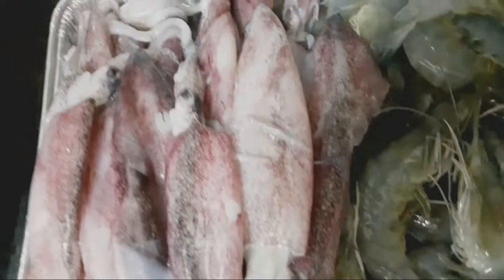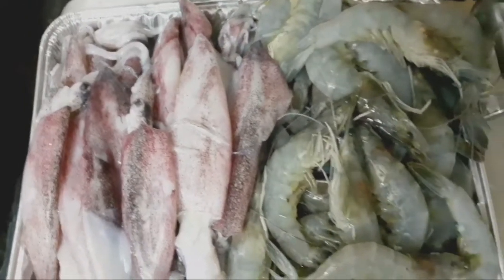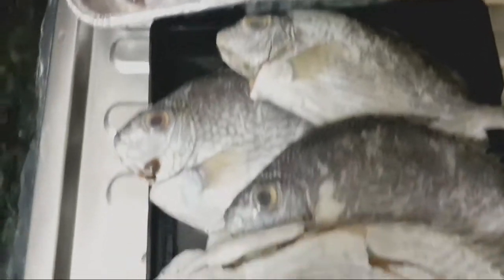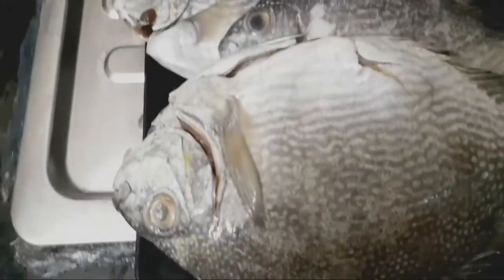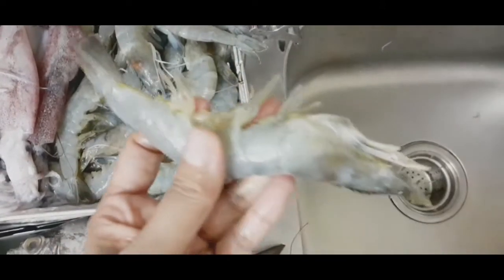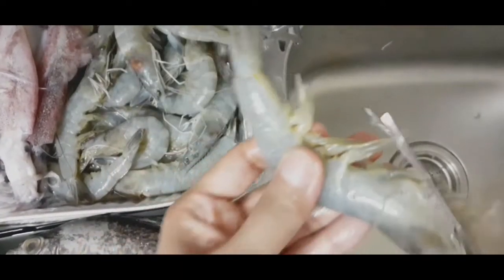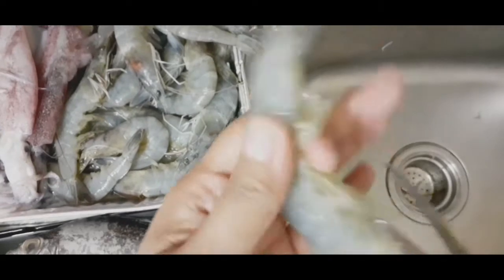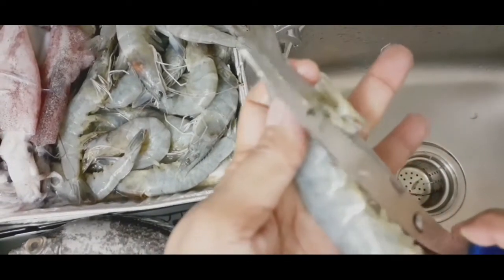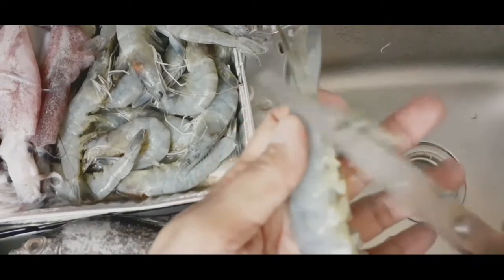Today we are going to share with you how to cook garlic buttered shrimp. This is one of my favorites and it's a speedy meal that should take about 15 minutes or less to cook. Okay, so let's start with cleaning our shrimp